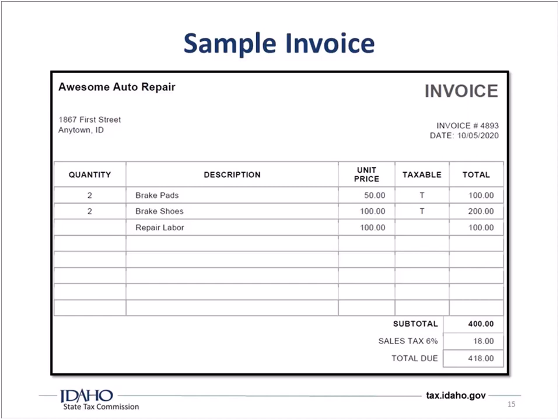You want it broken out like this. If you just did a $400 brake job, you would be charging taxes on the entire amount. If you didn't break it out like this and just did brake job for $400, you would be charging $424. So you can actually save your customers a little bit of money if you break it out like this, if you have labor, things like that. Okay.